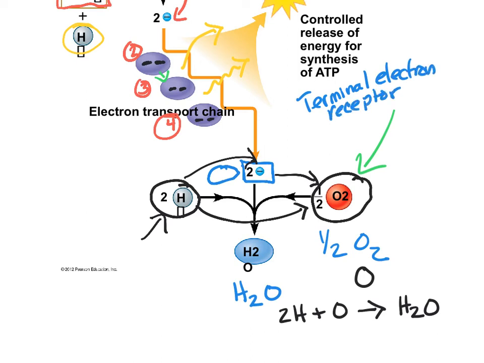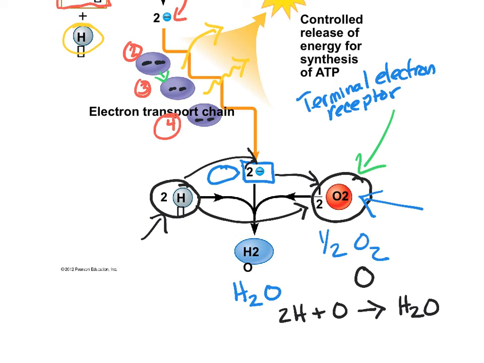That is, the oxygen is going to grab onto that energy and make water out of it. This is why oxygen is required for most forms of cellular respiration. This is why you need to inhale. You need to get the oxygen into your blood, because that oxygen in your blood is acting as the terminal